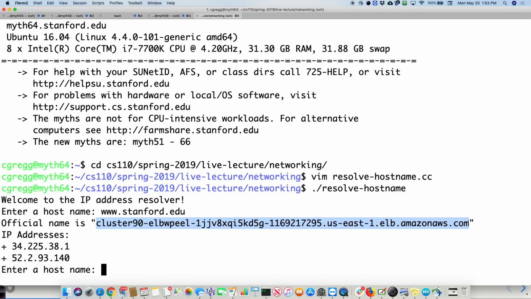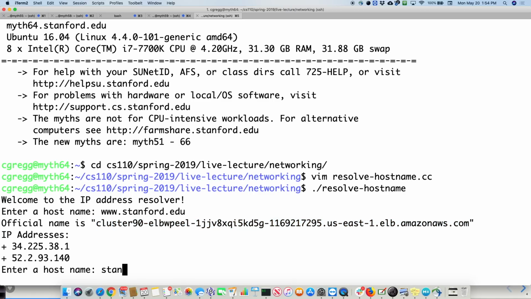Why is it that big long one? Well, it tells you that actually Stanford relies on Amazon AWS services for their, well, if you think about it, it's actually not a terrible call. Why do it all in-house if you don't have to, right? Just rely on some giant company that has billions of servers out there, and it's probably going to stay up relatively often and so forth.